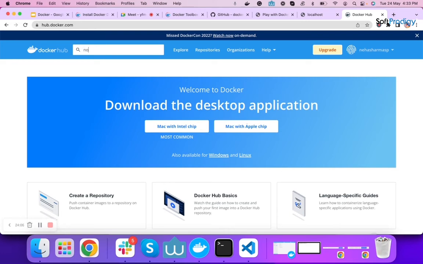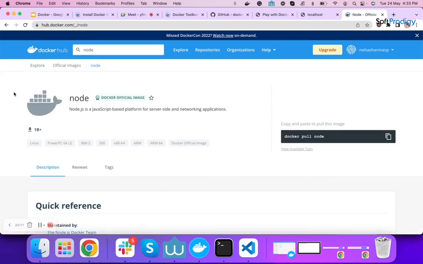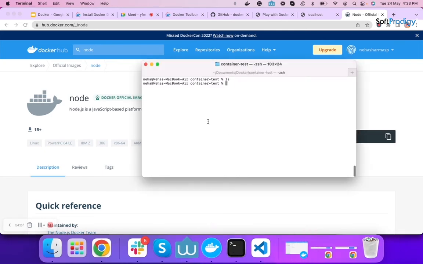As I have created a Node project, I'm going to search for the Node image. This is an official image provided by Docker. If you are using Linux, you can use this particular command to pull this image. Let me show you how to play around with Docker images.